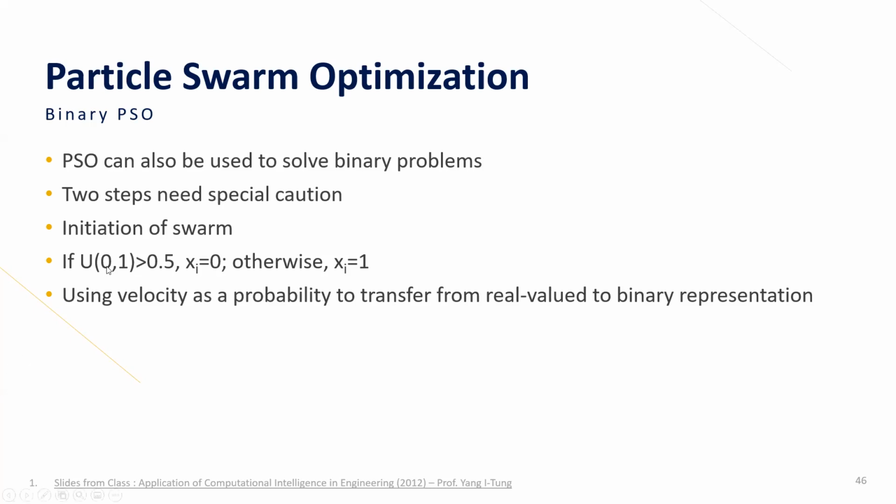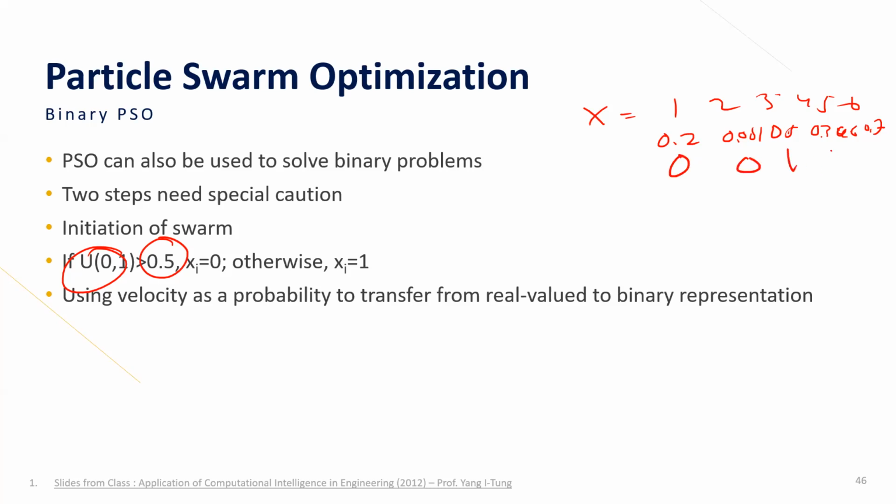For example, you use the middle value. You have the value of x, for example, for 1, 2, 3, 4, 5, 6, like this, right? Then here you have 0.2, 0.01, 0.5, 0.3, 0.6, 0.7. Then you can use this transformation. If it is greater than 0.5, you put it equal to 0. If not, you put it equal to 1. So this one will go 0, 0, 1, 0, 1, 1. So you open 3, 4, and 5, something like that. That's how you can do the transformation.